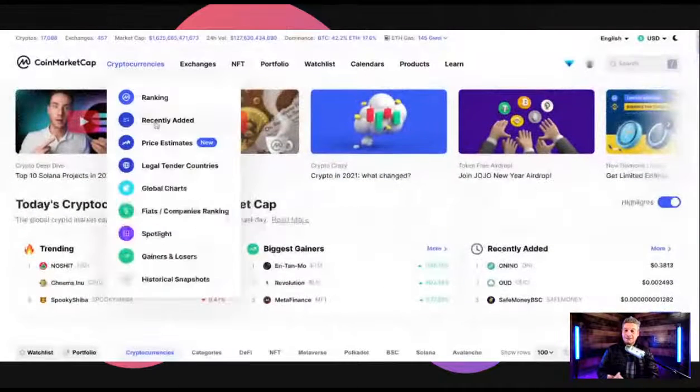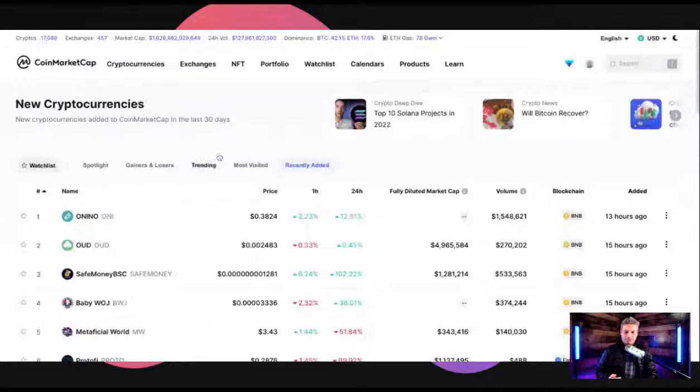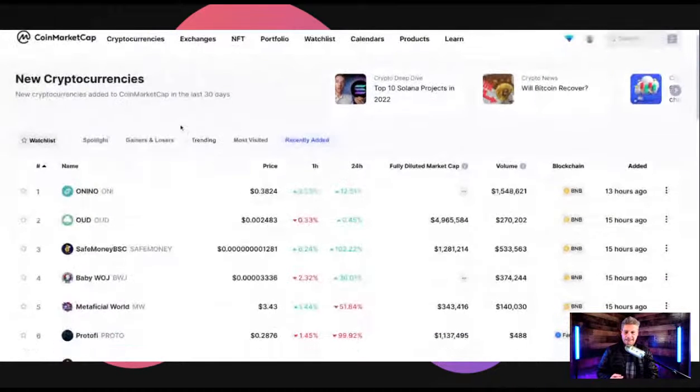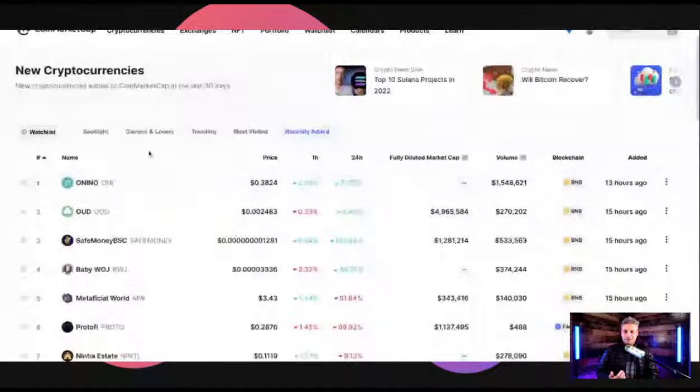So back up here, you can click recently added. I love this one. I think I showed this briefly or pointed it out the other day. This one is fun because I go through seasons where I actually look at this one sometimes every day, once or twice, sometimes multiple times a day. You can see all the way over to your right, this top token was added 13 hours ago. Sometimes it will be like 1 hour ago. So you can watch as CoinMarketCap adds these new tokens.